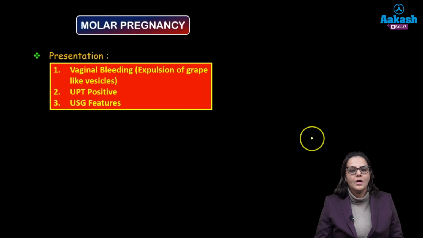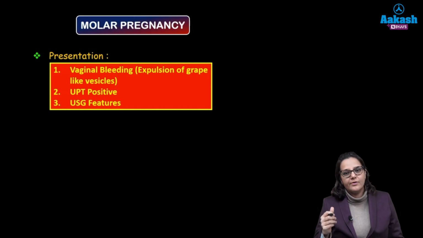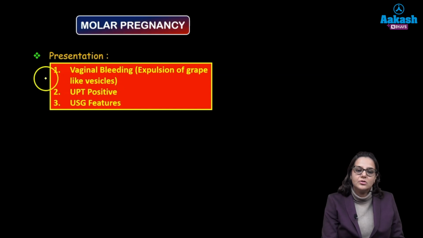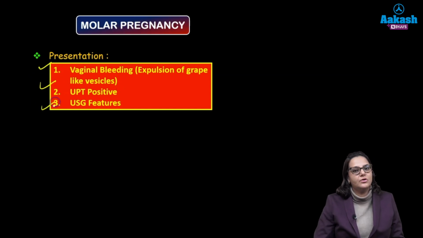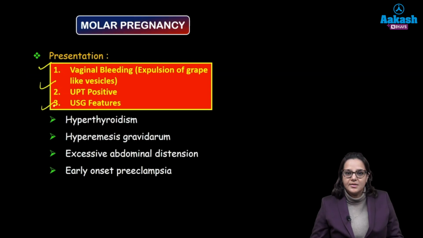Now how is the patient going to present to us? First of all, she would have missed her period, so there will be amenorrhea or her UPT will be positive. Then she will say that she has been passing grape-like vesicles from her vagina. And when you do the ultrasound, it is pathognomonic, showing diffuse proliferation of the placenta. So this is the main presentation of these patients. Other symptoms are